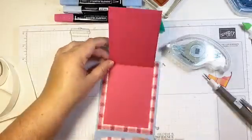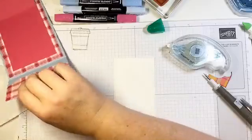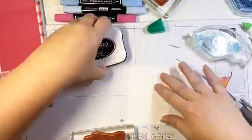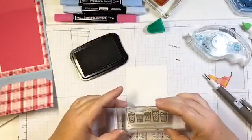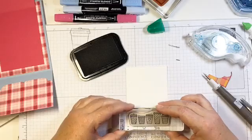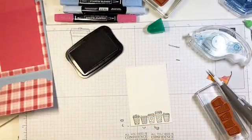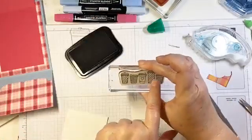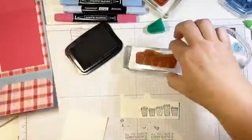All right, now we still have a little bit of decorating to do on the inside. So here I have another one of those stitched rectangles. I'm going to bring in my cups again. And I'm just going to stamp it just along that bottom edge, just like that. And then on that scrap, I've still got a little bit of scrap white. I want to get this stripy cup because I'm going to fussy cut that one out and use it on my